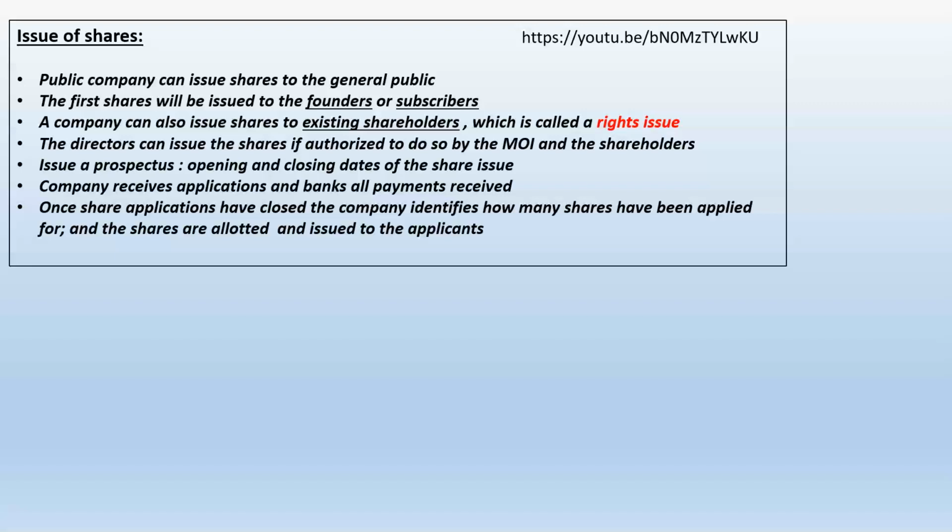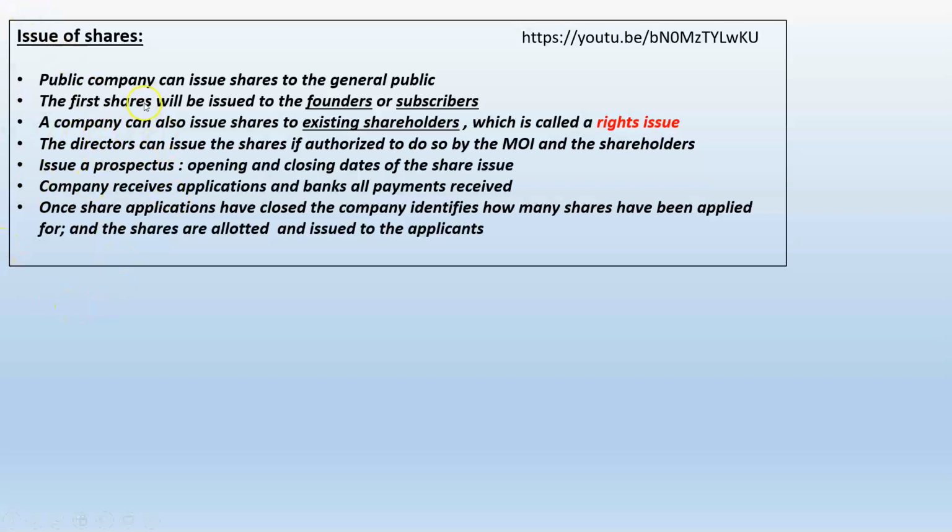They can complete the form and send the money with their offer to purchase to the company. Then at a certain date, these applications are going to be closed. And then on a further date after that closing date, there must be another date where the directors are going to allot the shares to the different prospective investors. Now,